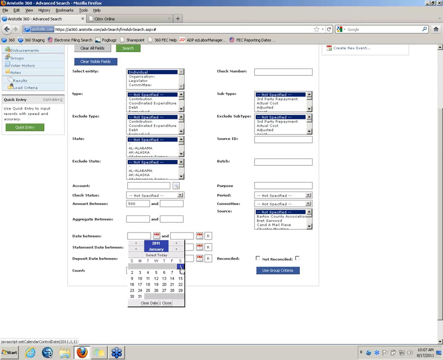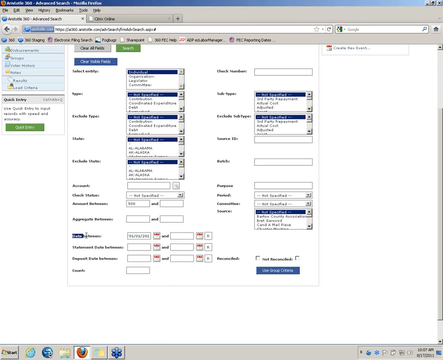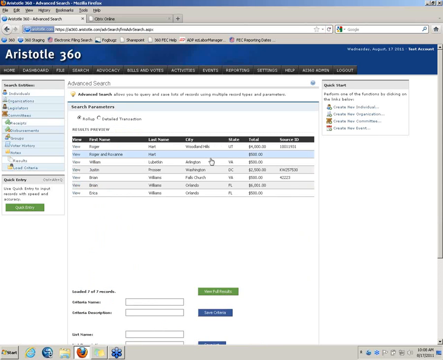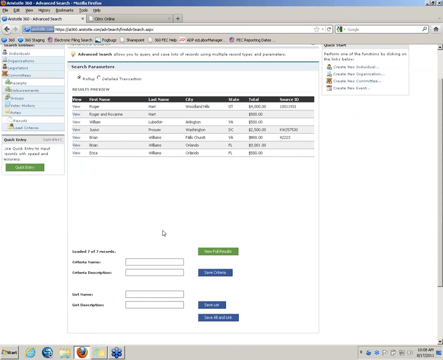So this is theoretically, of course, maybe late next year, or you want to get some money in the bank, start earning interest, you want to start general election fundraising, you can do here. So we're going to start with the calendar year and $500, and go ahead and do a search. Now you can use whatever criteria you want, but just for these purposes, we're going to get your first list. All right. So within our test data set, this is going to be our list of people who we're going